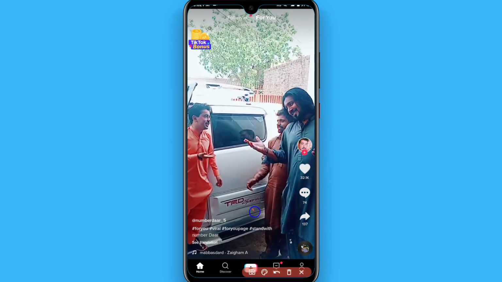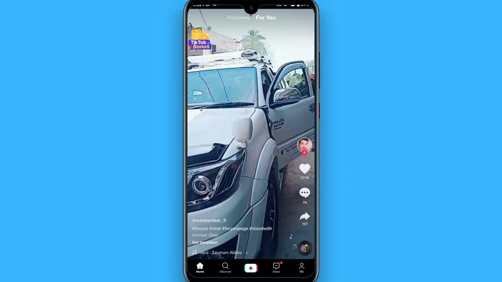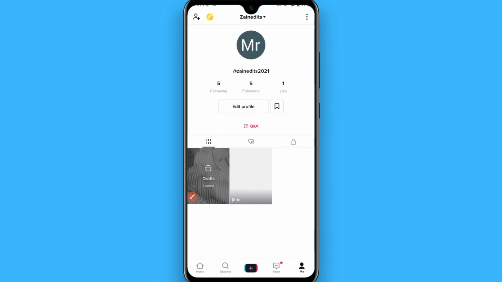your profile menu from the right bottom. Once you click on it, you will see a screen like this. You will see an add playlist button here. You have to tap on that and sort your content according to your choice by categorizing, like funny videos, sad videos, or other like that. So in this way you can make